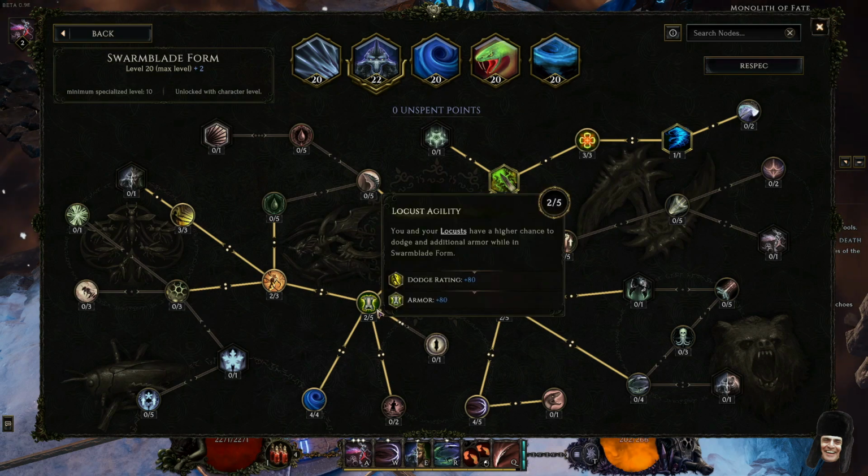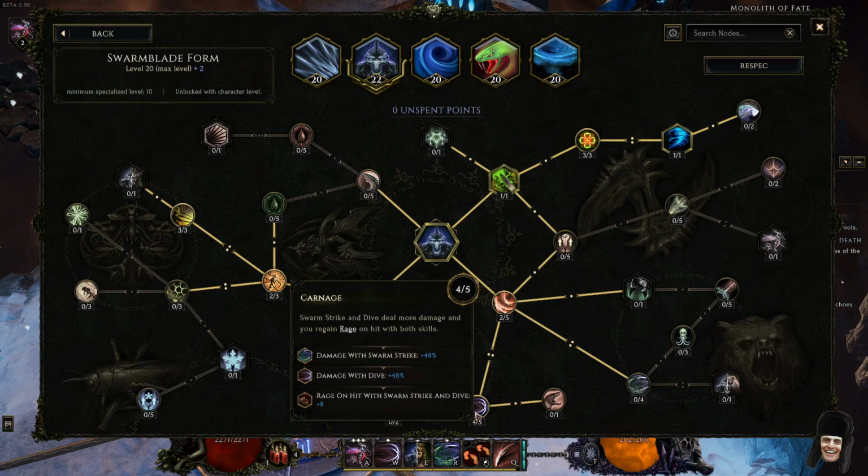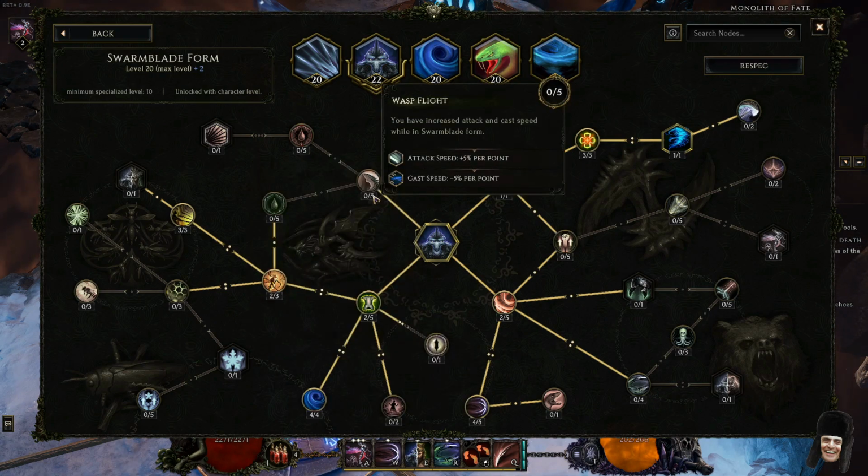and you can put a third point into Locust Agility to get a little bit more base defenses, or you can even put a 5th point into Carnage Base. But some people might even say they don't even need 4 points into Carnage. They might only need 3. So you can mess with that, and if you want, you can put points into Wasp Flight to get some extra